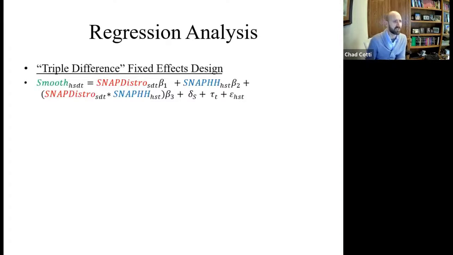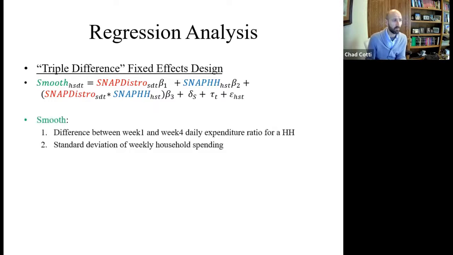So we're trying to use some kind of a triple difference, in quotes, fixed effects design to address this. So let me walk through the pieces. The left-hand side is going to be some measure of household level smoothing. So we're going to be looking at things at the household level. I'll talk about a couple examples for what we're going to use here before I show you some of the preliminary results. Then we're going to have some treatment, which is some measure of SNAP distribution within the state that the household lives in. So it's trying to get some measure of misalignment. The blue here is: is it a SNAP eligible household or not? And so the interaction is going to be what we're interested in. And then we'll have time and location, and in some cases, household fixed effects.